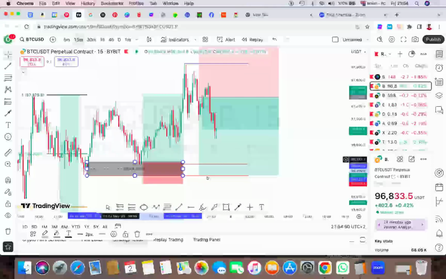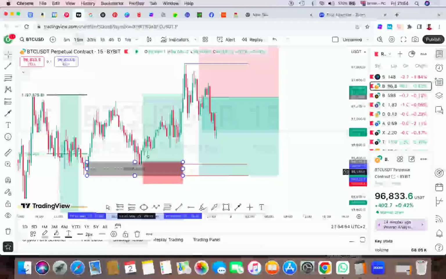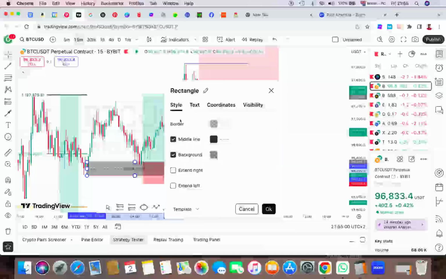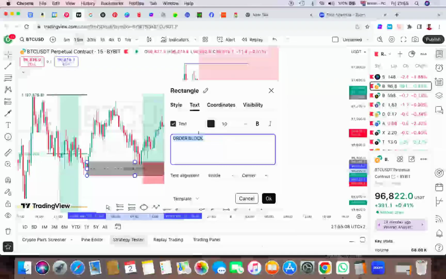So if you want to do the same thing I do here, you just double click with your mouse, and it's going to pop up, and then you go to your style. You can choose from here, and you map up your charts. There's also this text. You click on text and you write whichever things you want to map up on there. So before we even get to this, right?